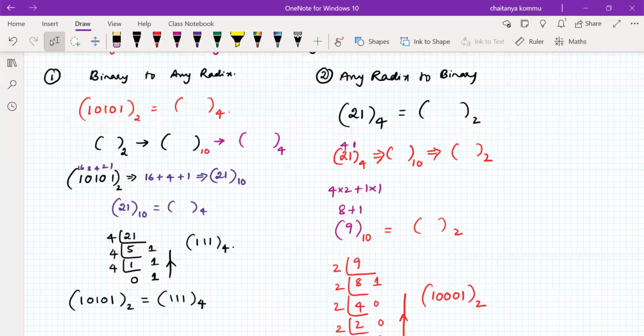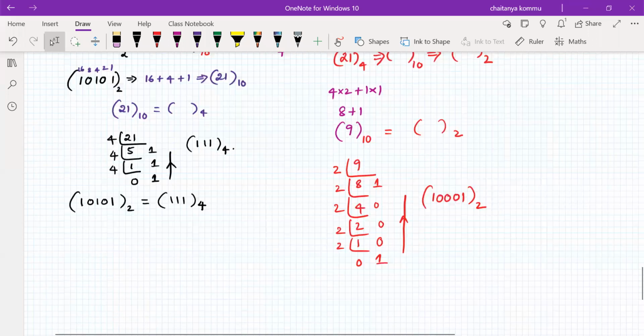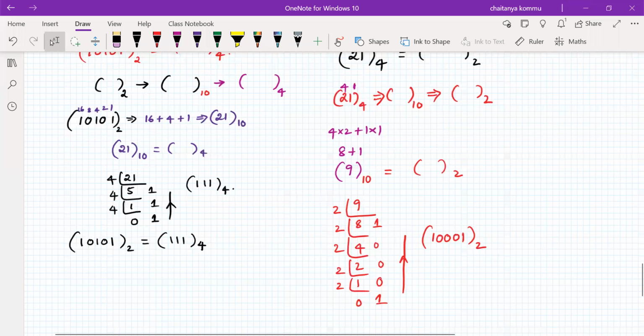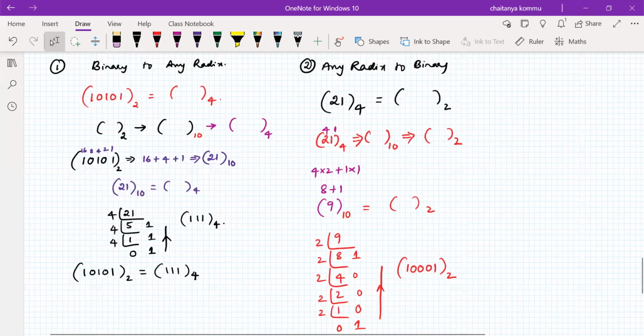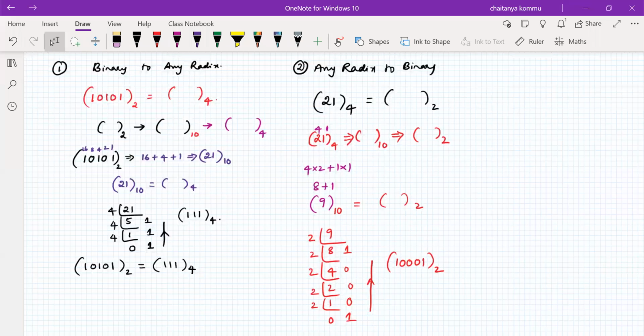We have another method also, that is very useful to get any radix to any radix. The time is 12:48, and we should stop here, and tomorrow we'll talk about that one. In the next class, we will do the simplest method, and we'll go for the complementation from the next class onwards.